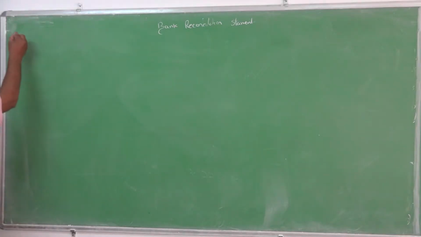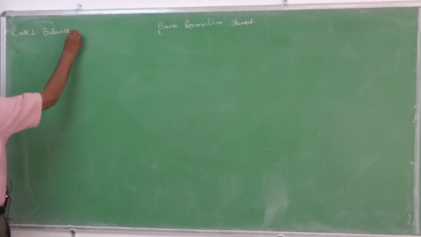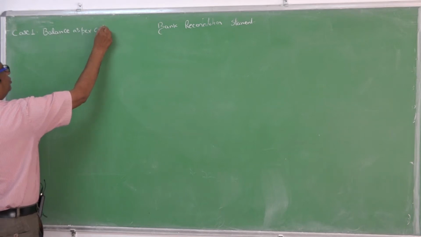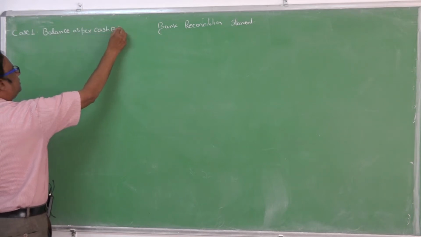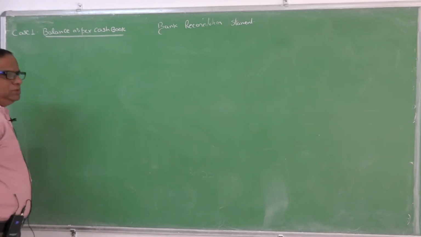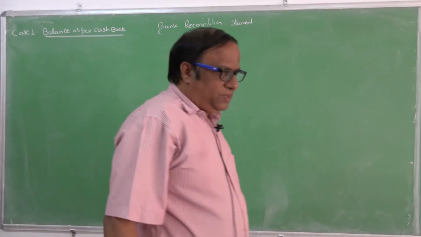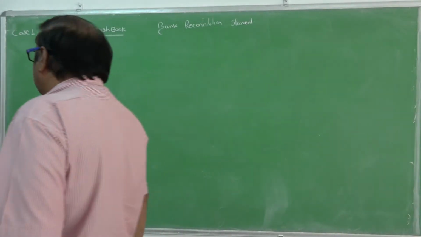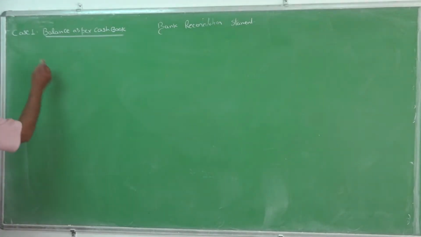So first, case 1: balance as per cash book. All of you write down balance as per cash book. We are taking the balance as per cash book, and we will find out what the reasons and differences are. So first point,